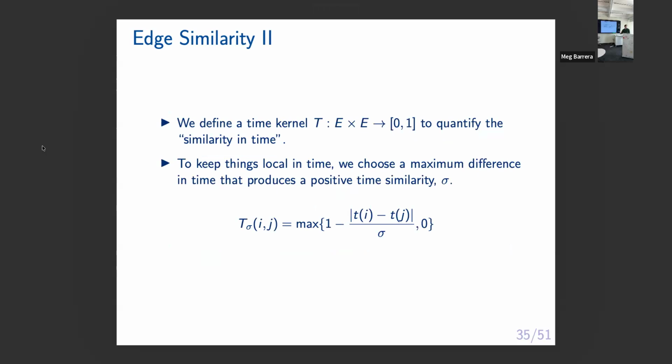So we have some structural sense, but this is a temporal hypergraph. We also wanted them to be fairly close in time. So we can put some kernel on how far apart these edges are in time. If they're too far apart, we want to set it to 0 to make the line graph sparse. It's easier to work with. We're just going to choose some maximum time and then do a linear kernel based on that. Different choices of our maximum difference in time to produce a non-zero similarity will give us different time resolutions, which we'll look into.